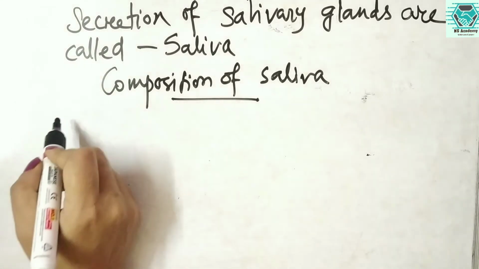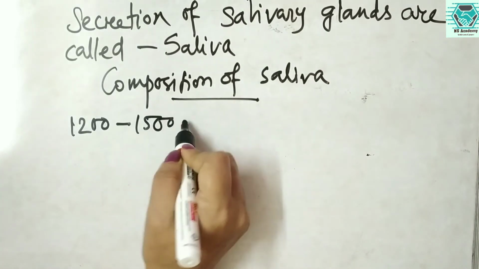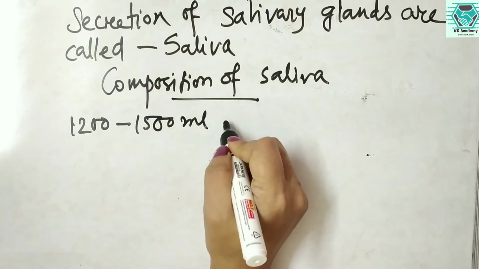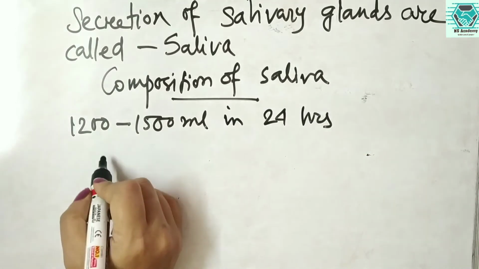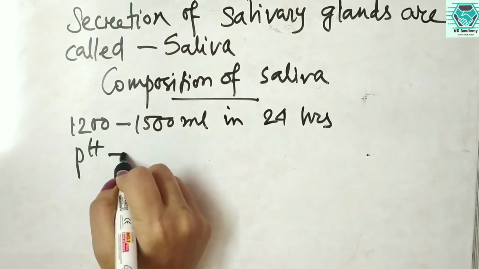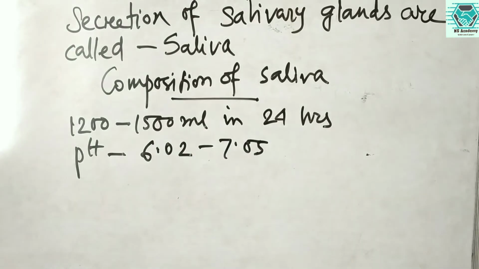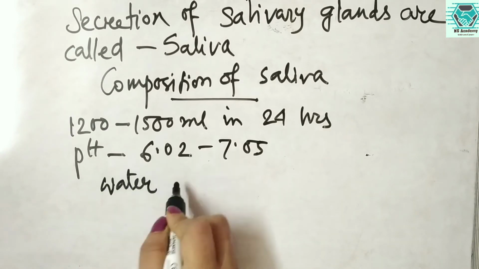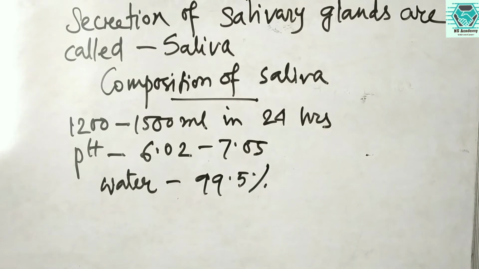Generally in 24 hours, 1200 to 1500 ml of saliva is secreted. And the pH of saliva is 6.02 to 7.05. In the composition, the amount of water is 99.5%, as I have told already,